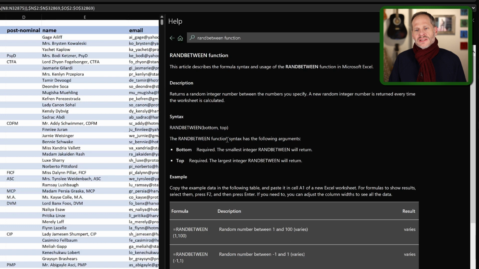The RANDBETWEEN function syntax has the following arguments, right? The arguments, that might seem weird if you haven't worked with computers before. It has these arguments, and the arguments are the bottom argument and the top argument. So the bottom is required, and it's the smallest integer RANDBETWEEN will return, and the top is required, it's the largest one. So that's just a little bit about computer speak, computer terminology, and functions, and how they have the parens and they take arguments,